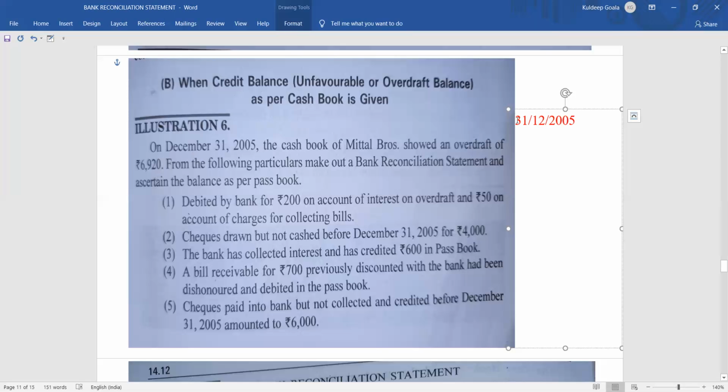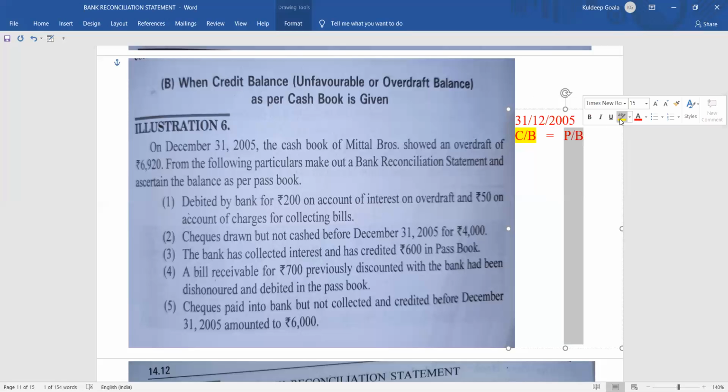Next is our base. We should be very careful about our base, because all the changes are going to happen in the base, isn't it? Let me tell you one thing: once you have taken the base wrong, every transaction and every adjustment will be opposite, everything will turn upside down. So be very careful as you are selecting the base.